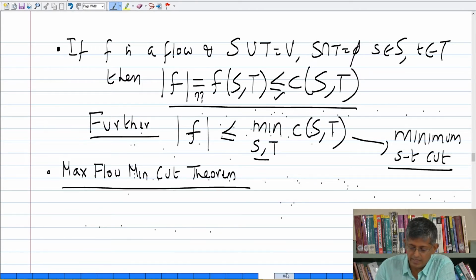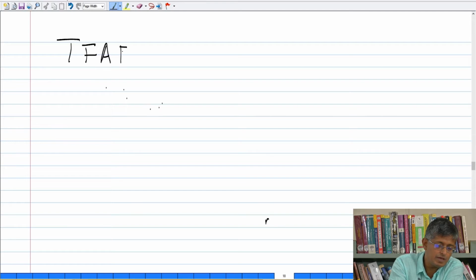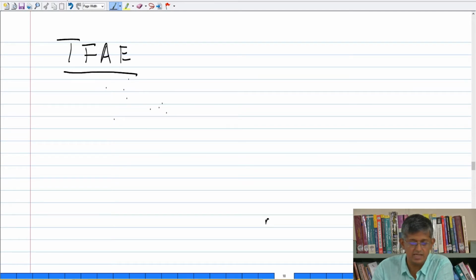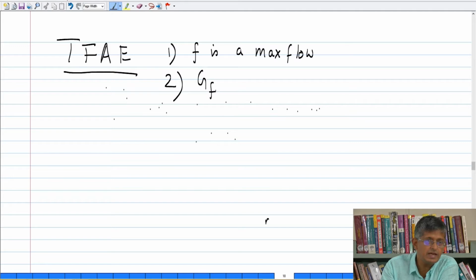That deserves a new page. It says the following three statements are equivalent. The first one, F is a max flow. 2, GF